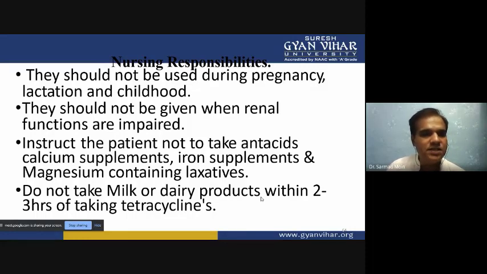Then instruct the patient not to take antacids, calcium supplements, iron supplements, and magnesium-containing laxatives, and not to take milk or dairy products within 2 to 3 hours of taking tetracycline, because when the patient takes these as food intake, the tetracycline effect will be changed, and then it will react and create side